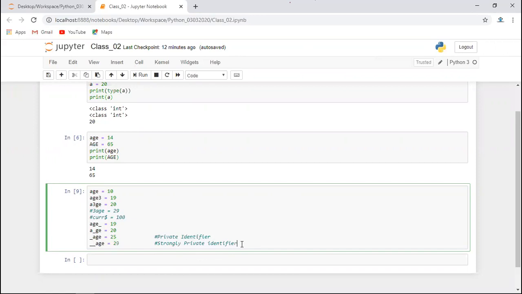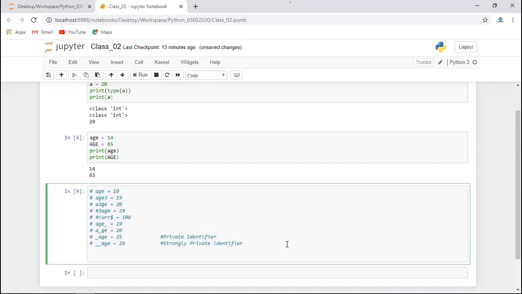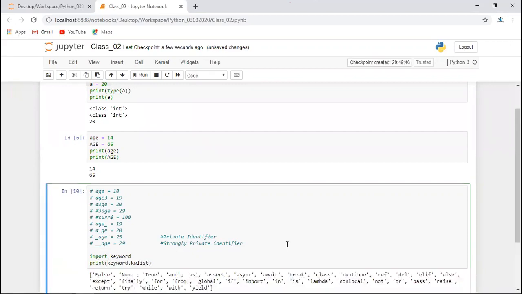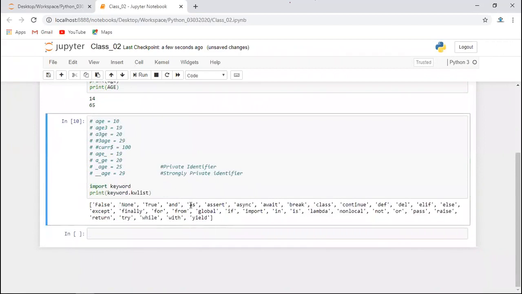So these all are the different ways you can define an identifier. Now, the next part I said is you cannot have a reserved word as your identifier. So what reserved words do we have? First of all, we have to check this one. To check what reserved words we have, first you have to write import keyword, and after this you have to write keyword.kwlist, and then just print this. If you run this, it will give you a list of keywords which are available for you to use. These keywords are used for a specified purpose, and you cannot use them as your identifier name.